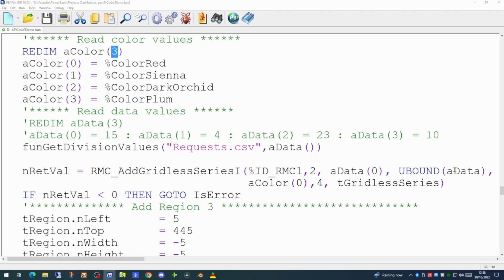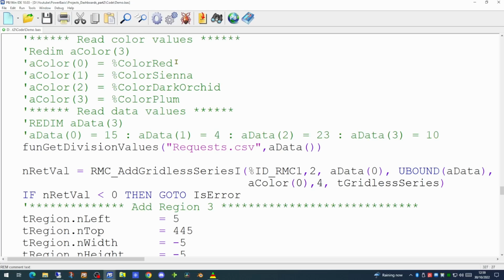Now we can get around this. We merely have to populate more colours in this array. So for the moment, we'll comment out these lines of code. So the question is, where will we get these colours from? We want them to be dynamic. We won't want the user to have to key in extra colours when additional divisions are added or taken away.